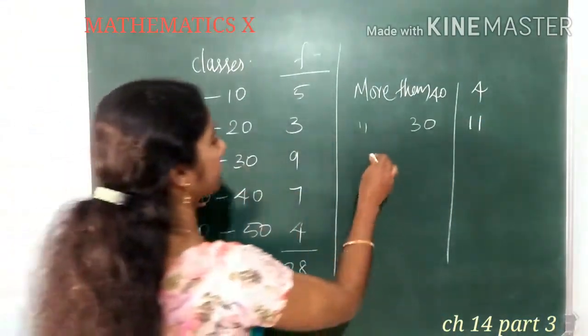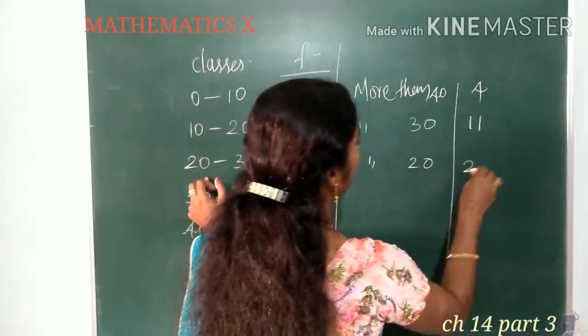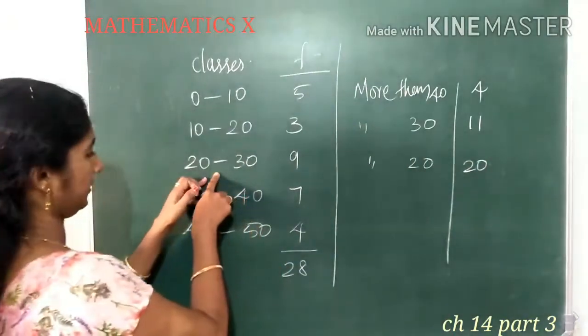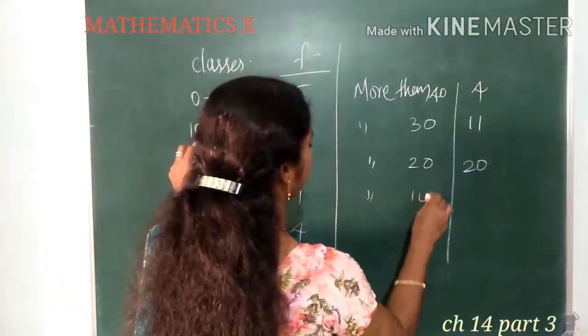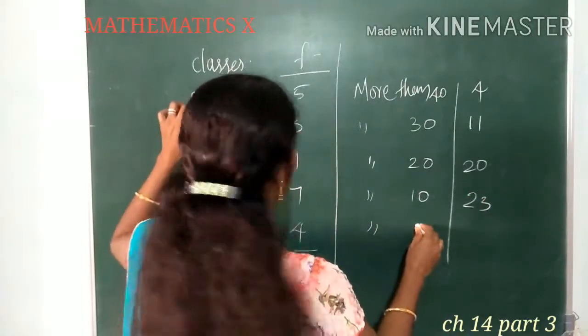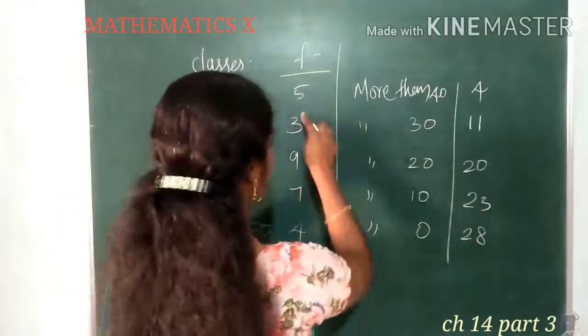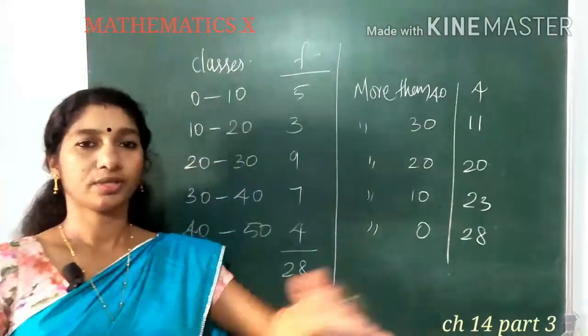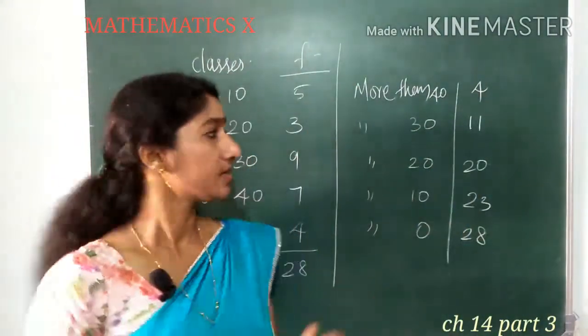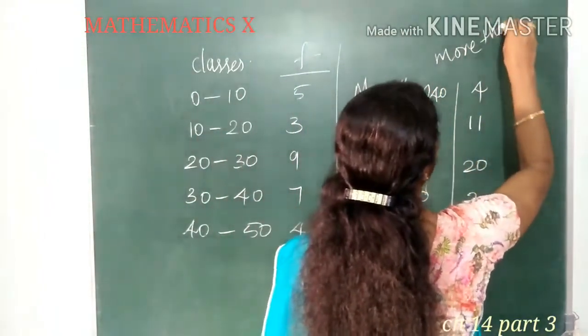Then next is more than 20, 11 plus 9, 20. Then more than 10, 3 more came, so 23. Then more than 0 marks means plus 5, 23 plus 5, 28. Now total 28 students are there. Okay, so this type of cumulative frequency we will call it as more than type